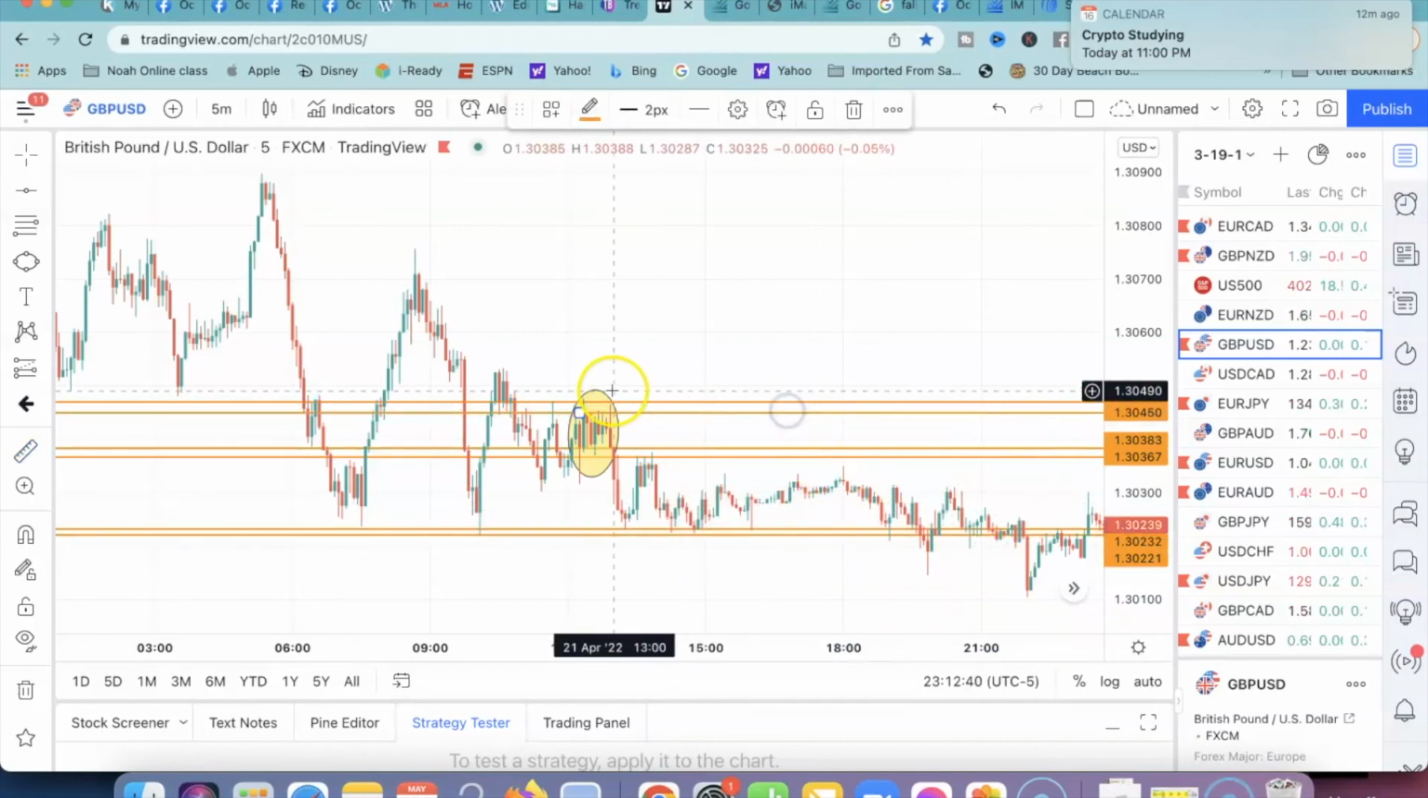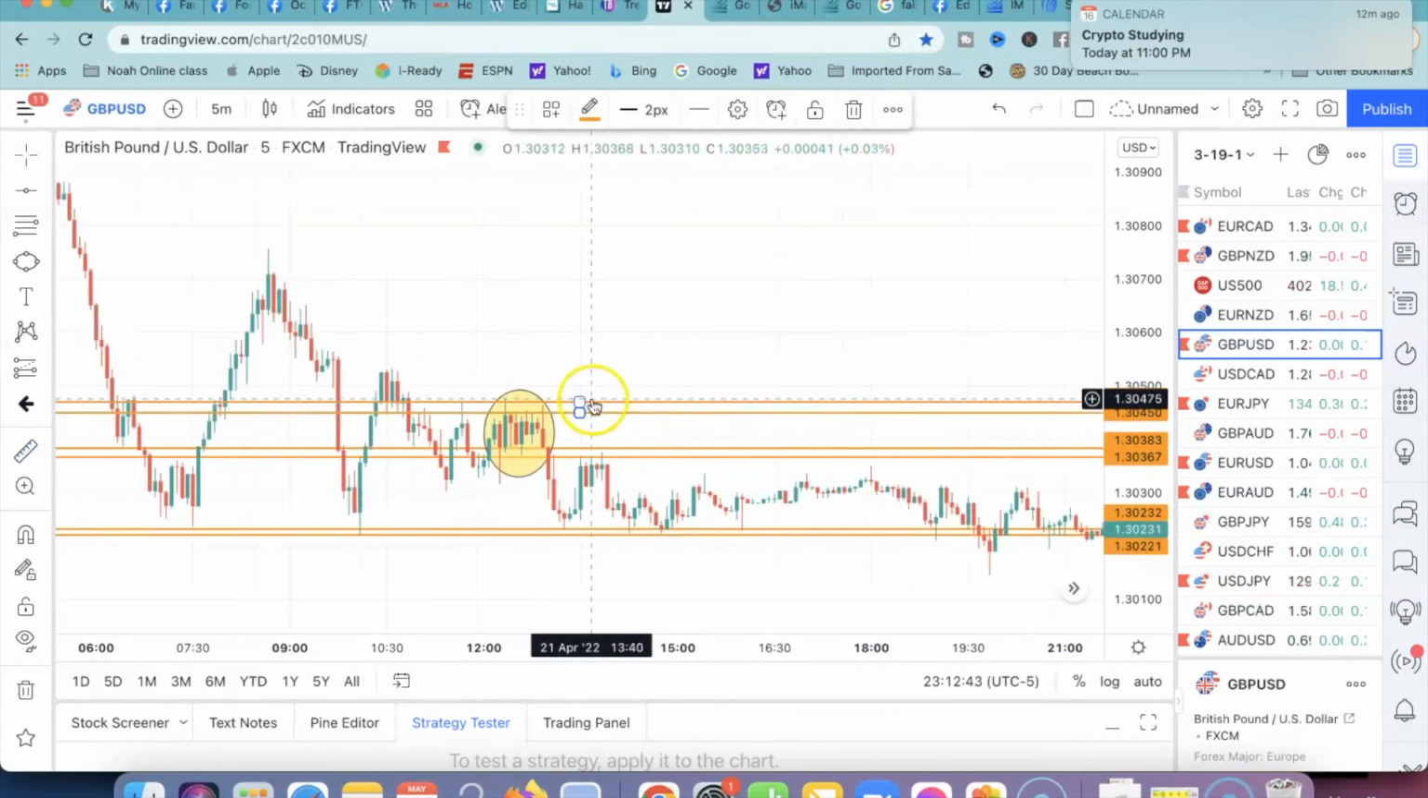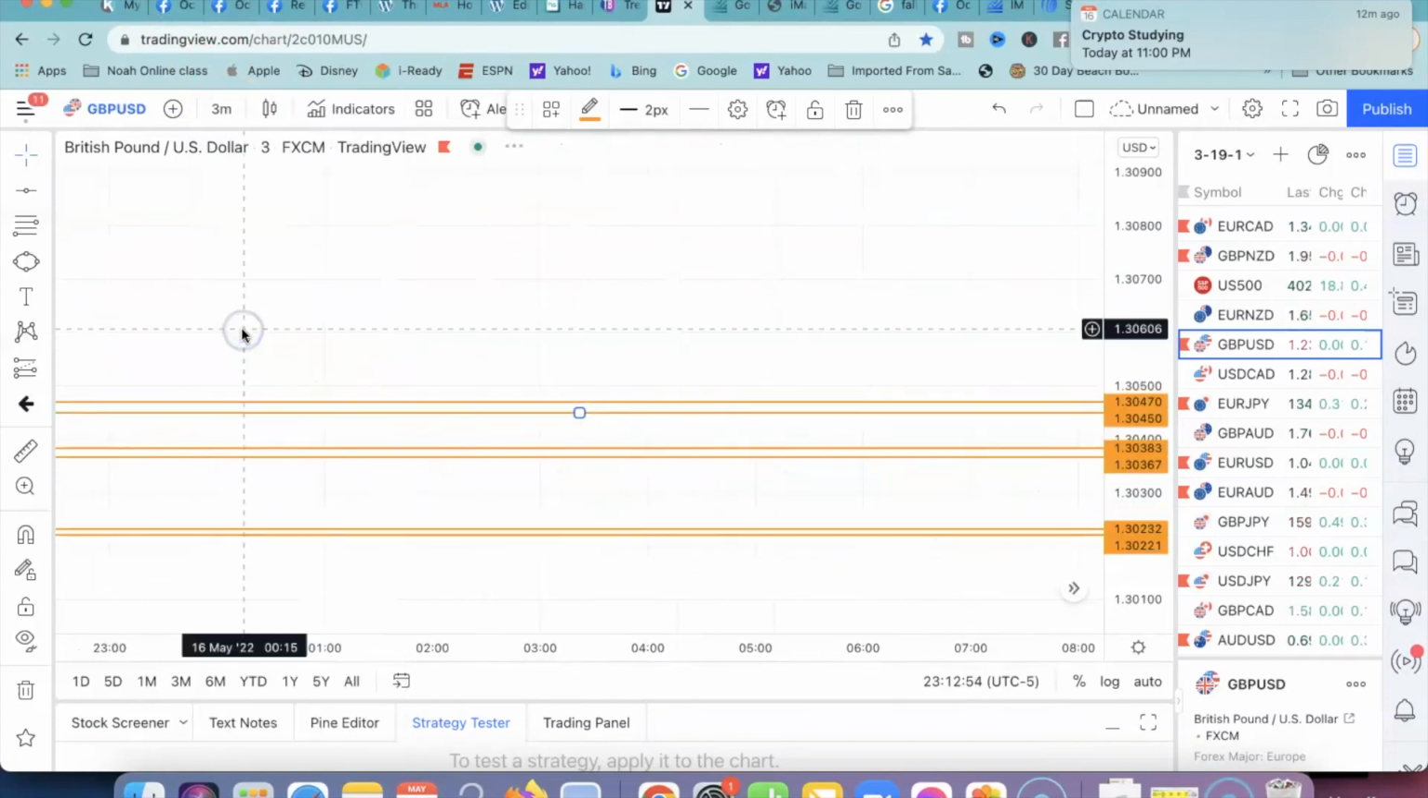Now look, I could have looked here and said, okay, let me go to the 3-minute for this candle at 1335, and maybe I could have got an even higher entry somewhere right up in here. So if we go to the 3-minute,